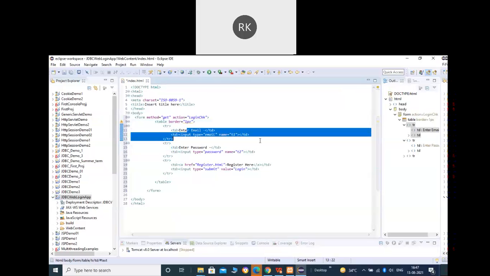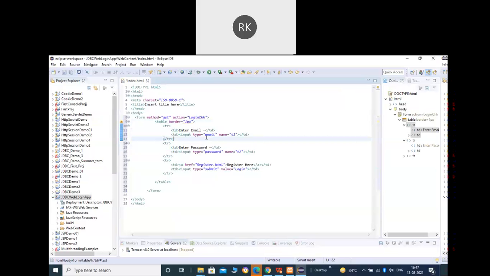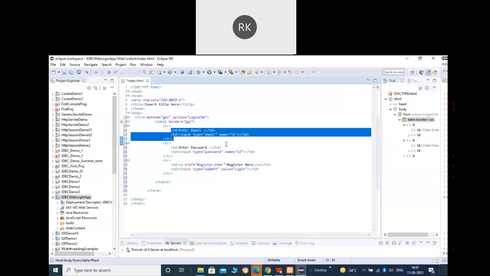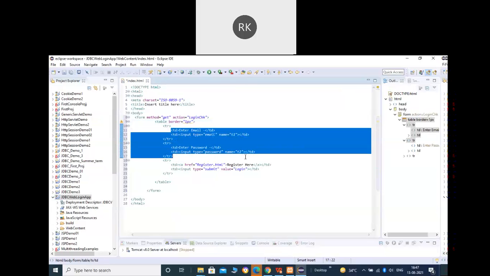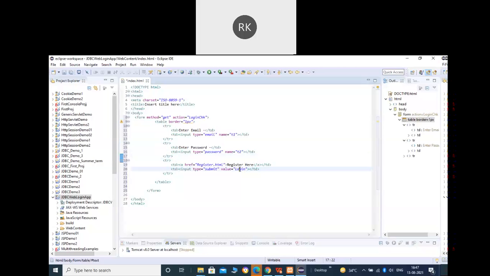And the action is login check. That means when we try to submit the form, it will be submitted to the login check servlet that will be created later. And here we are asking for the email ID and the password. Look here, we have taken the email ID in place of the username. Why? Because we know the email ID will be unique for every user. If we do not take a unique thing here, it will create a problem while executing the SQL queries. Okay, we'll discuss that later when we implement the logic there.